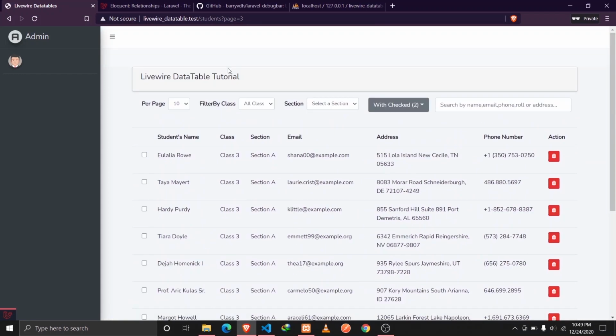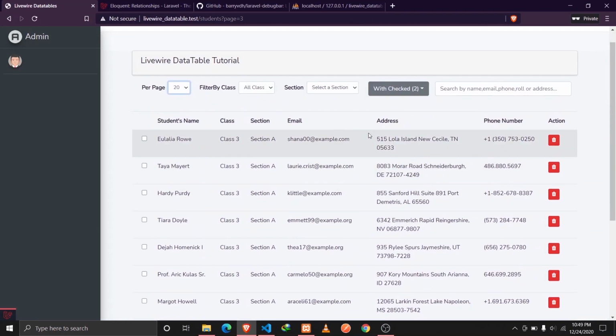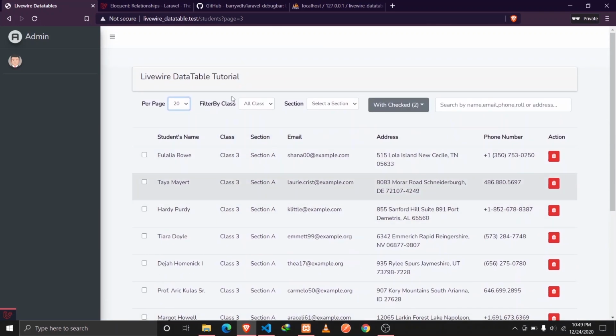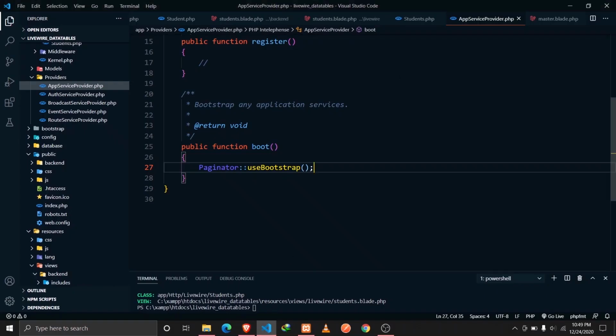Okay, now our next step is to fetch the number of data depending on this drop down. So if we select 20, we should fetch 20 data at a time. So how do you do that? For that, we need to go to our